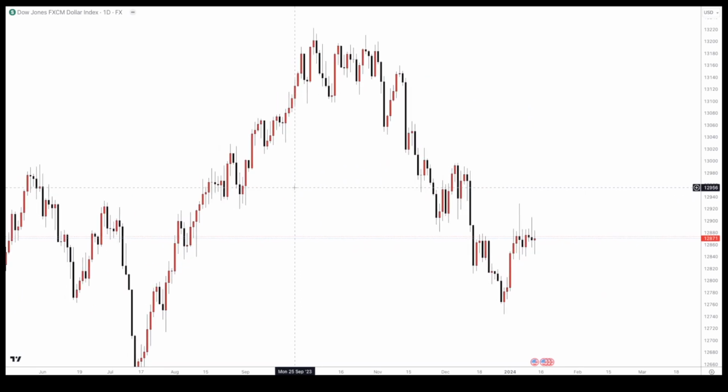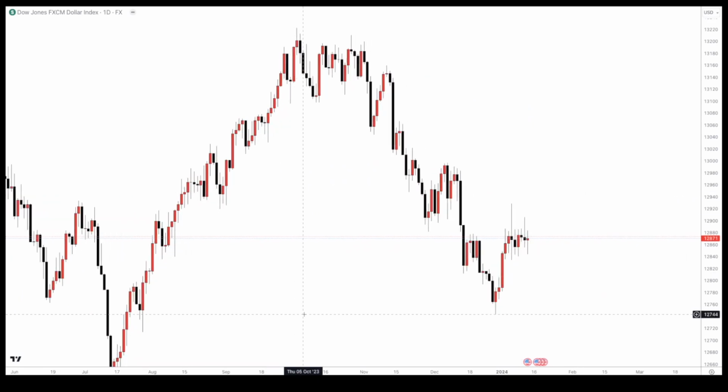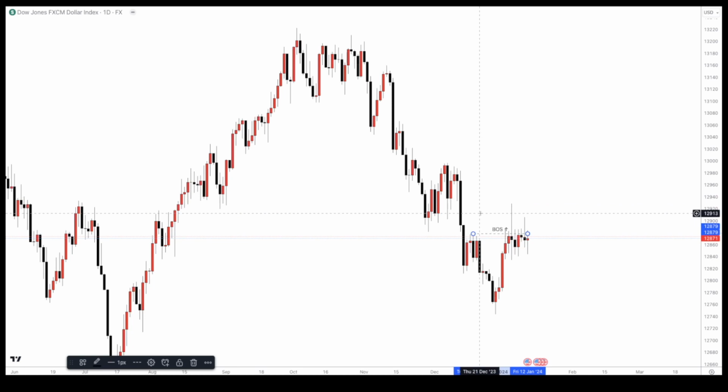So I decided to change things around this week and start with the dollar index, just to see how and where our dollar pairs would be moving. With this one, you can already see that price did break to the upside, and as I always emphasize, my wicks are a break of structure. So price did break to the upside, and unfortunately we are leaving